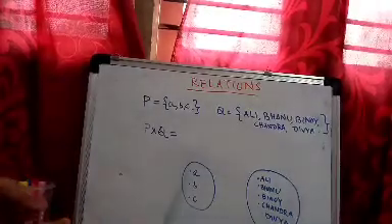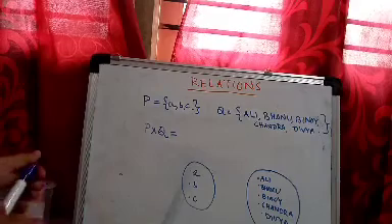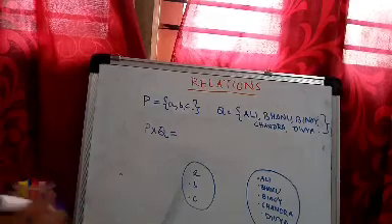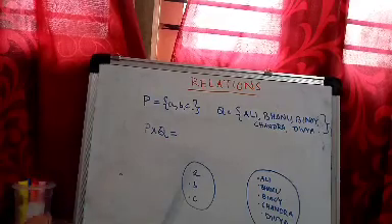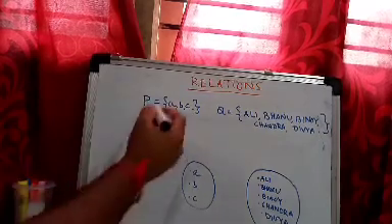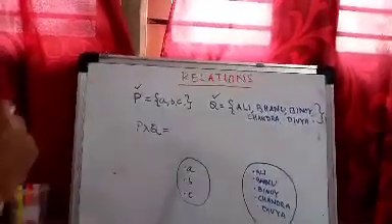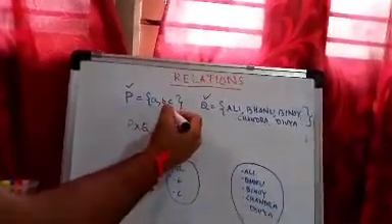Okay friends, so today we are discussing relations. Last time we discussed the Cartesian product of two sets, right? So now we'll discuss relations, where we will use the Cartesian product of two sets. Suppose there are two sets, P and Q, and P has three elements: A, B, C, and